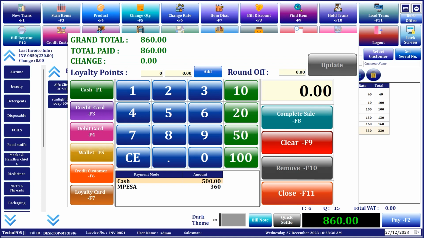The same goes to my reports, my daily reports. If I go to it, I can be able to know cash was this amount and M-Pesa was this amount. If your enterprise is a supermarket, then you can maybe have the loyalty cards. Someone can swipe it